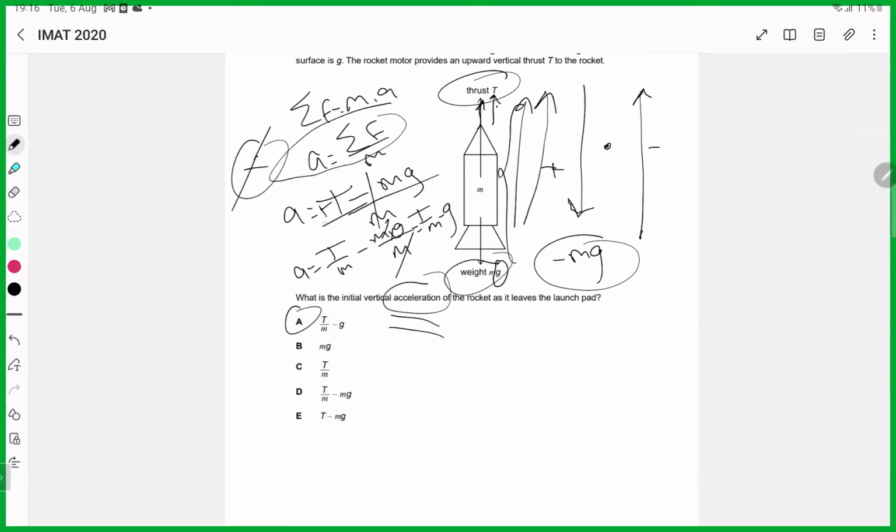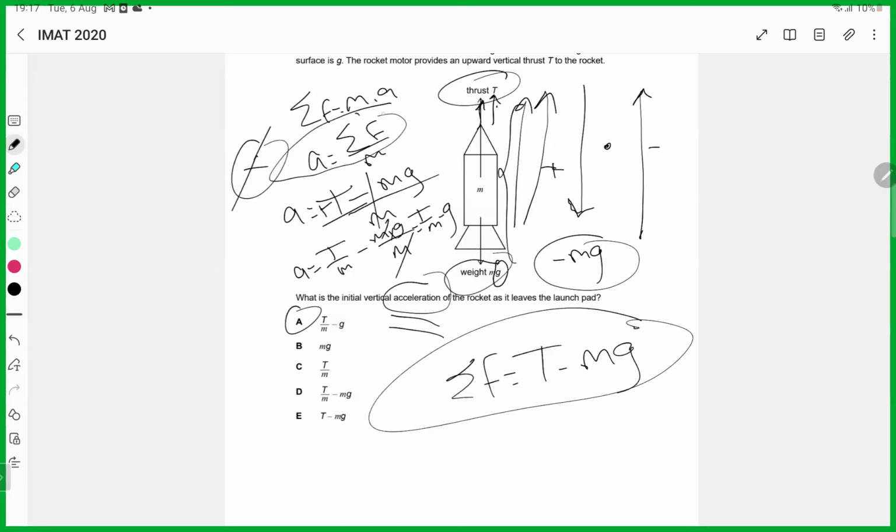And the gravity is going downwards, and the weight is going downwards, but the rocket itself is going upwards. So there is an opposition, so we put a minus mg. So T minus mg, so here the sum of forces equals T minus mg. We divide by m, because here we have this formula, sum of forces over m. So when you divide this sum of forces, T minus mg over m,